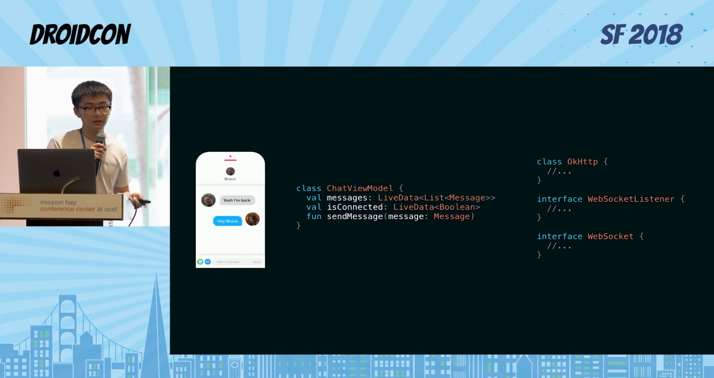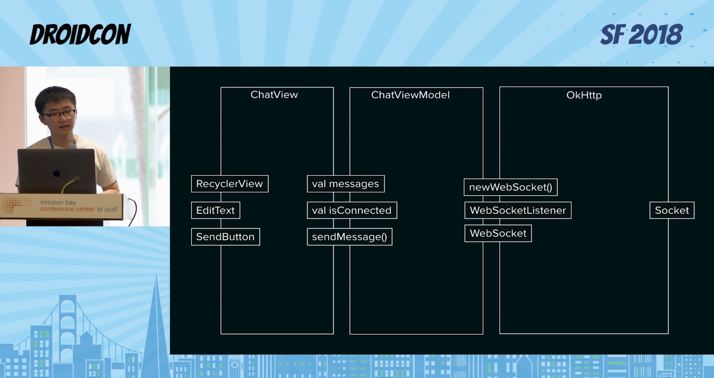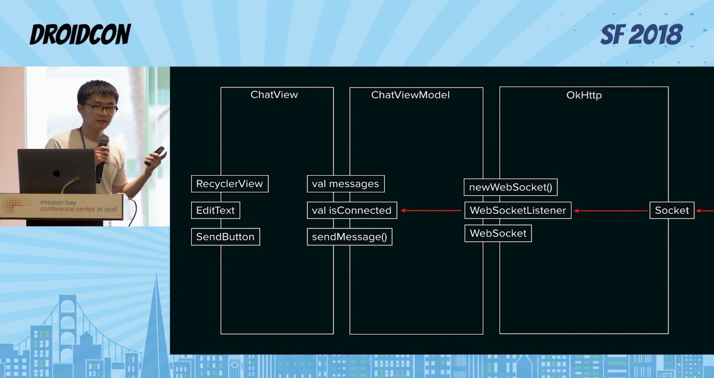Now that we have a view model and OkHttp, let's see how they interact with each other. Here's the data flow diagram that represents the chat view and what's happening behind it. On the left, we have the UI, and on the right, we have the network. Let's see what happens when the view is attached to the view hierarchy. The view model will try to open a WebSocket connection using OkHttp. And after the connection is open, the view model gets a callback from the WebSocket listener, and it updates the isConnected live data to be true,